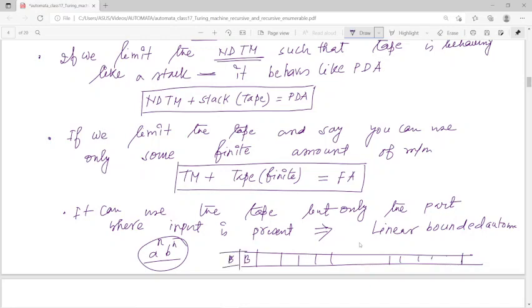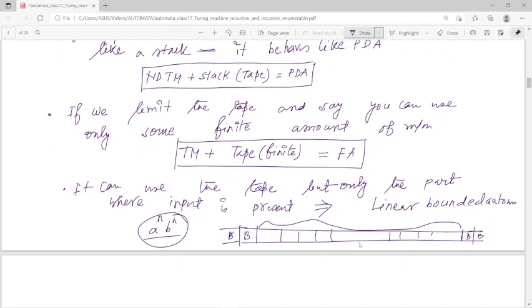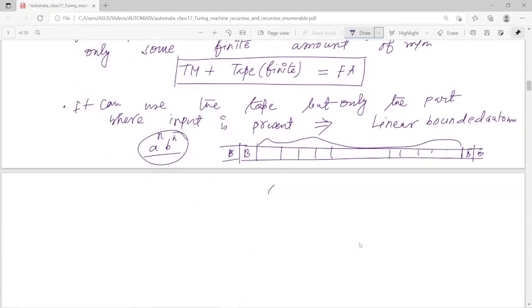মানে আমার এটা যেন ব্ল্যাঙ্ক স্পেসে না যায়, মানে আমাকে ব্ল্যাঙ্ক স্পেস ইউজ না করে এইটুকু ইনপুটের যত বড়ই হোক n এর কোনো রেস্ট্রিকশন নেই, যেটা ফাইনাইট অটোমাটাতে রেস্ট্রিকশন ছিল, কিন্তু ঘটনা হচ্ছে যতটুকু ইনপুট আছে ততটুকুর মধ্যেই তোমায় কাজ করতে হবে। মানে ধরো কোনো একটা ল্যাঙ্গুয়েজকে রেকগনাইজ করতে গেলে আমায় যদি ব্ল্যাঙ্ক স্পেসকে ইউজ করতে হয় তাহলে কিন্তু সেটা লিনিয়ার বাউন্ডেড অটোমাটা হবে না। তাই জন্য আমি লিখেছি, যে অনলি দ্য পার্ট ওয়্যার ইনপুট ইজ প্রেজেন্ট দ্যাট ক্যান বি ইউজ। তার মানে লিনিয়ার বাউন্ডেড অটোমাটা, দ্যাট মিনস